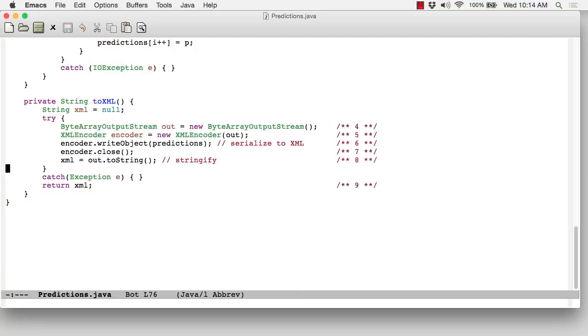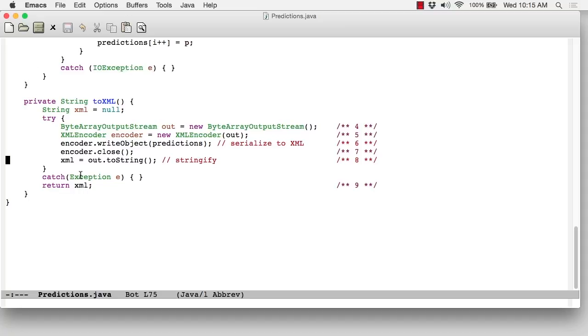And this is the toXML method way down at the bottom of the source code. So what I'm using in this particular case at line 5 is an XML encoder. This is one of the standard Java classes. It's been around forever, and it will take a Java object and serialize it out as an XML document, which is precisely what I need. At the next line, 6, I take the predictions list, I write it out, I close the encoder, and then what I do is stringify, if you like, the document. In other words, I get a text representation of the predictions list,